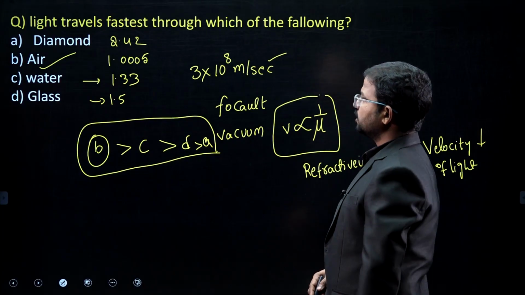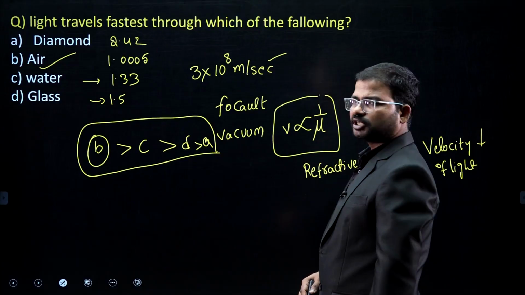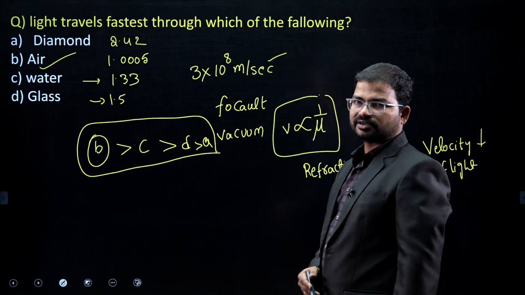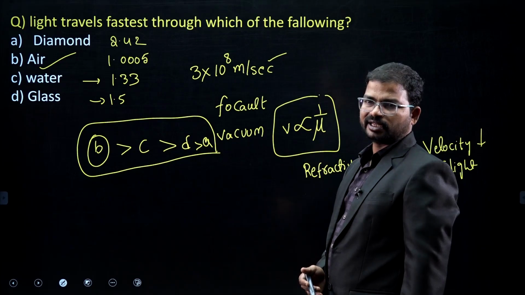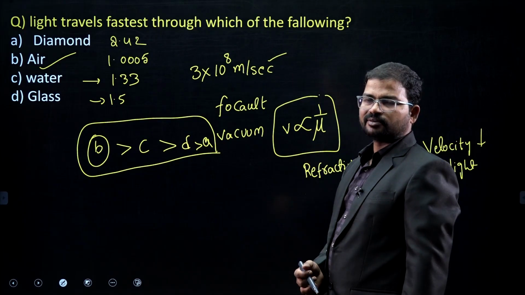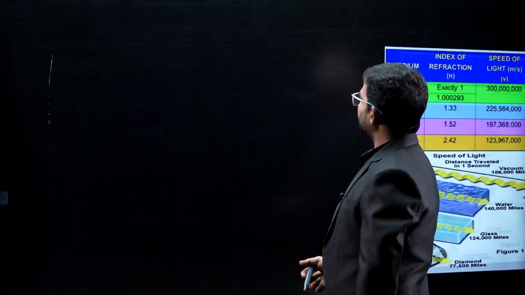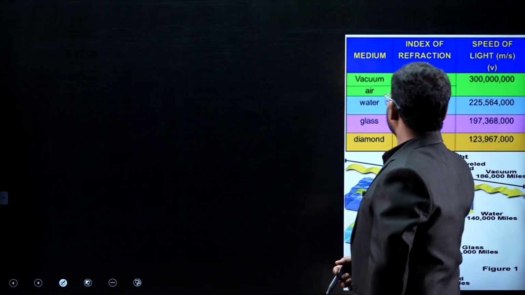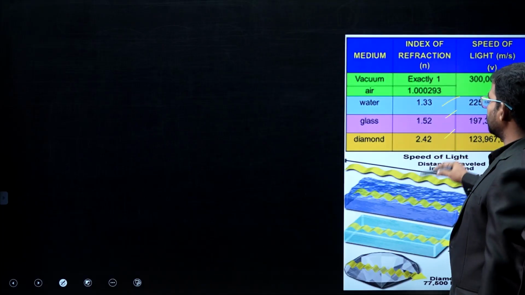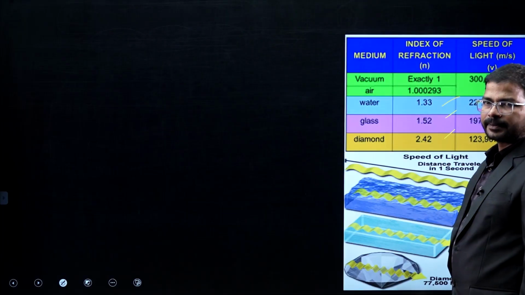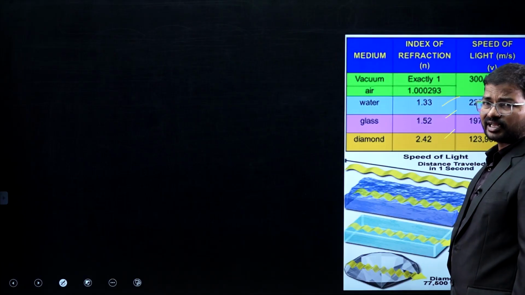Now the reason is that the refractive index of diamond is somewhat high. Which material has the highest refractive index? Mostly diamond. Actually, diamond is not a material, but generally we consider it like that. Diamond is considered as an element. Okay, right. So here you can observe that based on the refractive index values, we can conclude the velocity of light.